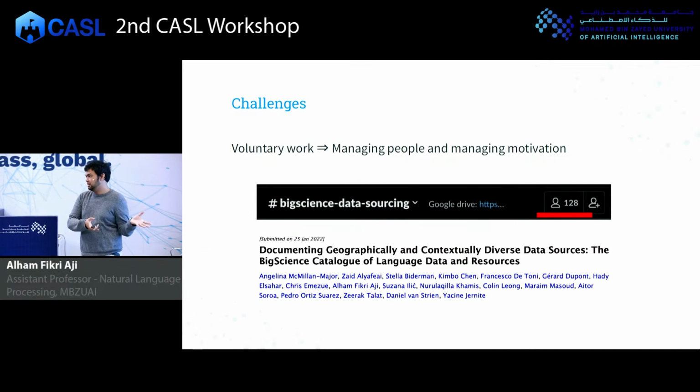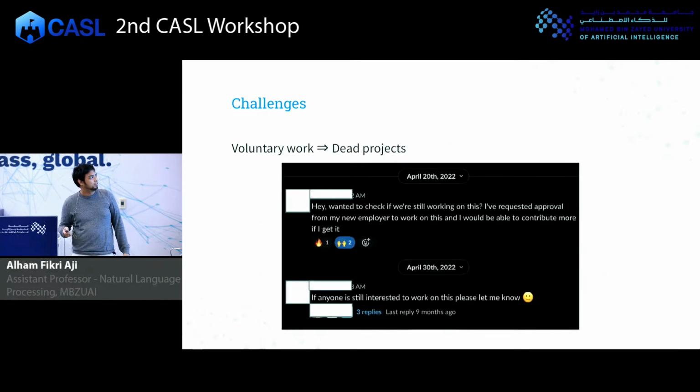In Big Science specifically, they split the work into subcategories. This is one of the categories, data sourcing, which I was participating in. This is where we try to find where the training data is. For this channel, we have like 100 people joining, but for the weekly meeting, it's probably only like 10 people joining. So in practice, these are the people who actually contribute to data sourcing, right? Project abandonment is also one of the issues. For example, this is a real screenshot from one community. Oh yeah, I have a cool idea, and then after that, that's it, right?